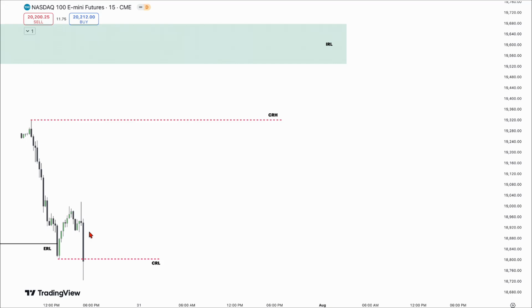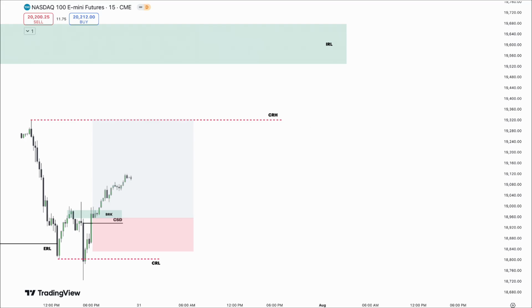Let's see how this unfolds. The price shows displacement to the upside and creates a change of state delivery, CSD, which we'll mark. There's also a breaker above that we should note. From this point, we can open a long position, placing our stop just below the breaker and the FVG. Our first target will be the high of the CRT, and the final target will be the IRL, which is